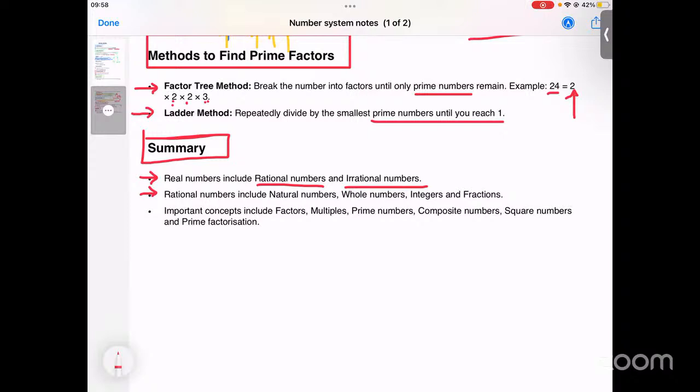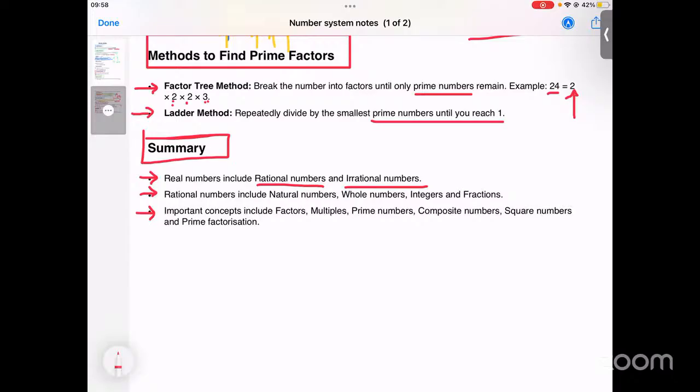Very, very much important on that part. And then important concepts include factors, multiples, prime numbers, composite numbers, square numbers, and prime